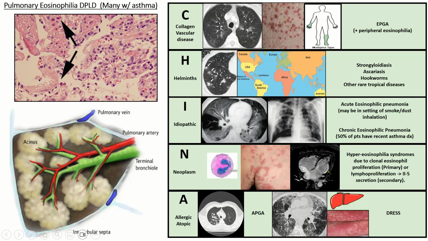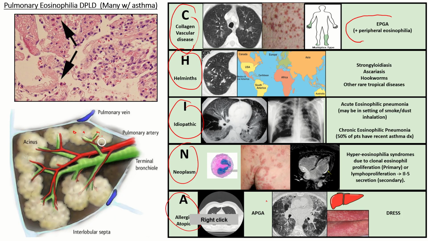Next is going to be your pulmonary eosinophilia, diffuse parenchymal lung diseases. Anytime I think of eosinophilia, I think of the mnemonic CHINA. So things that can cause eosinophilia would be collagen vascular disease, helminths, idiopathic, neoplasm, allergic, atopic as well. So in that, EPGA, if you have a patient with, let's say, and mostly you're going to diagnose this with